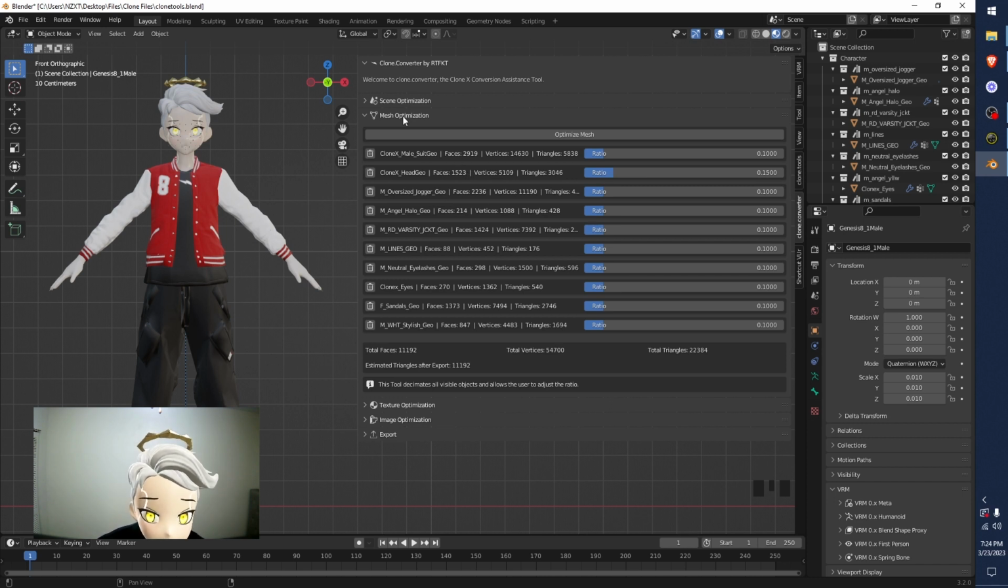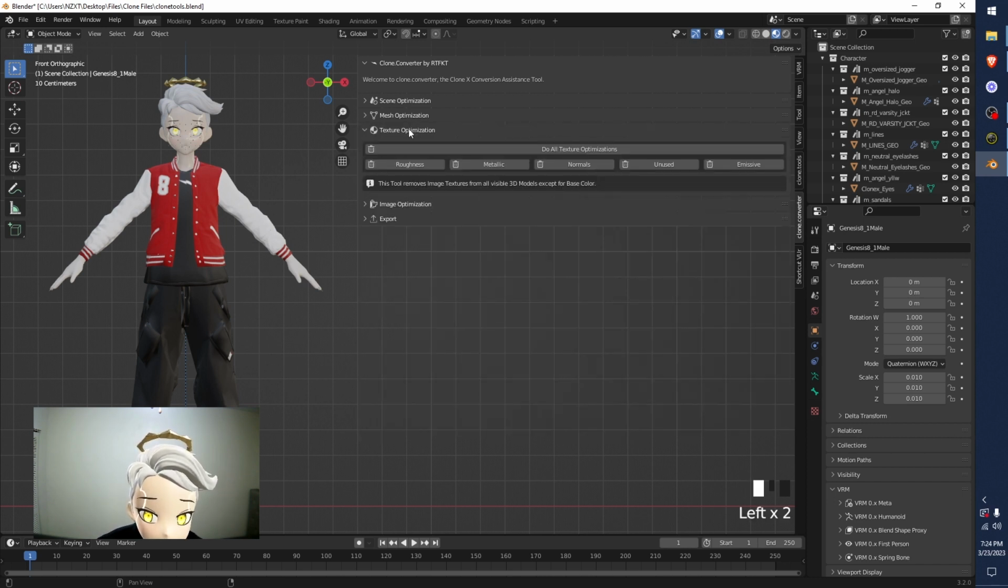Okay, next, we're going to go to texture optimization. So if you don't know, every single thing on your clone has image textures. That's what gives it its color, its bumpiness, its roughness. It's all images that are doing this, okay? The easiest way to do this process is just hit do all. However, if you are using emissive shaders, meaning you're using